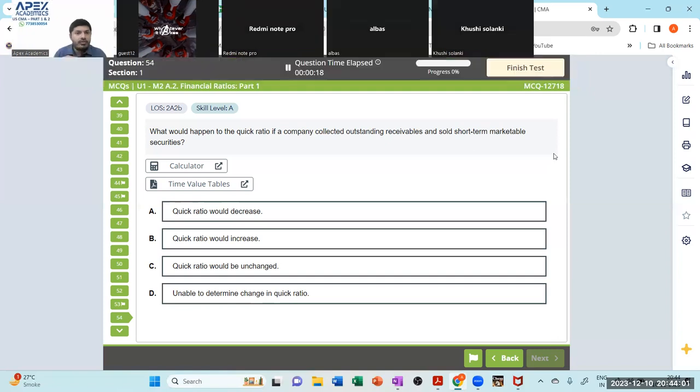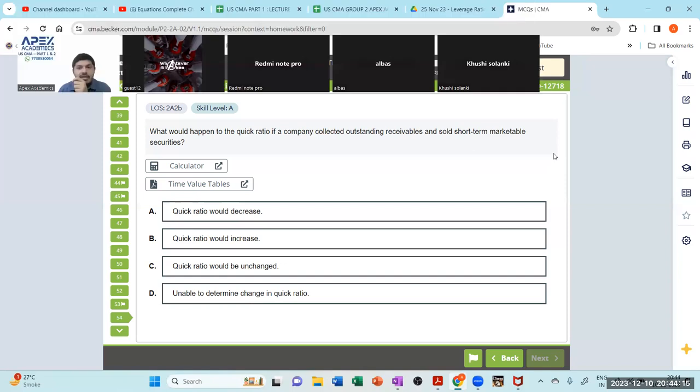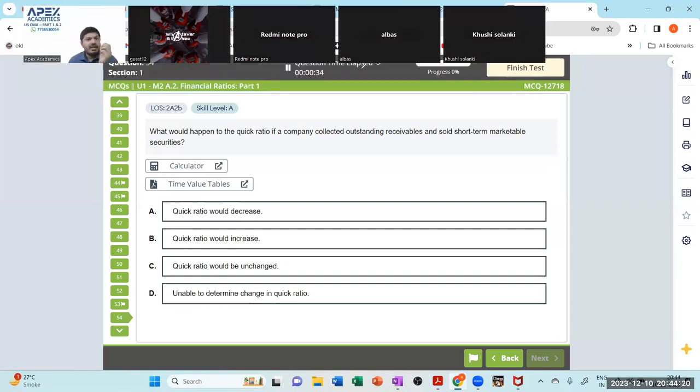Question number 54. MCQ number 12718. What will happen to the quick ratio if a company collected outstanding receivables and sold the short-term marketable securities? I'm sure you all can answer this based on yesterday, but let us do the discussion. Quick ratio will consider quick assets. Quick assets are cash,